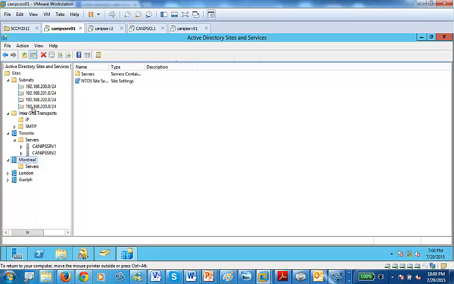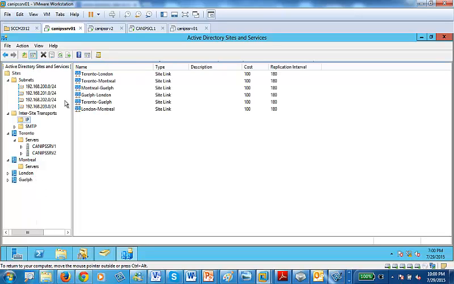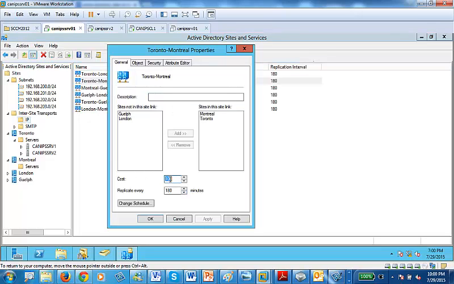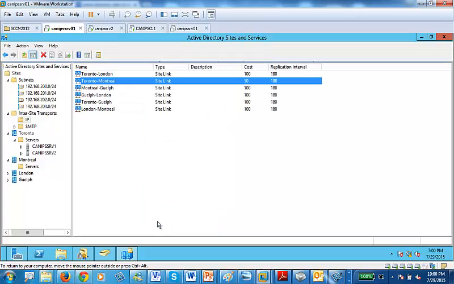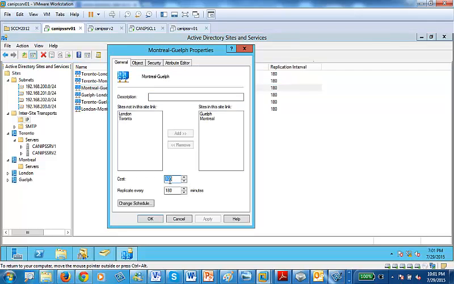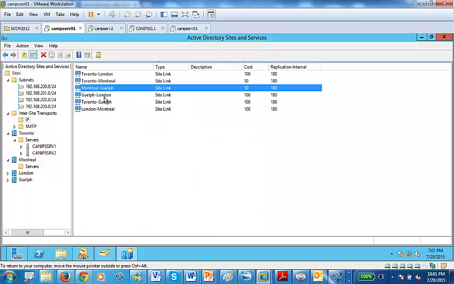So we'll open Toronto, Montreal in Sites, Site Links. So Toronto, Montreal, which is this one. And here I'll go and change the cost to 50. And then next one, we're going to change the cost for Montreal and Guelph. So Montreal and Guelph, change the cost to 50. And then from Guelph to London,